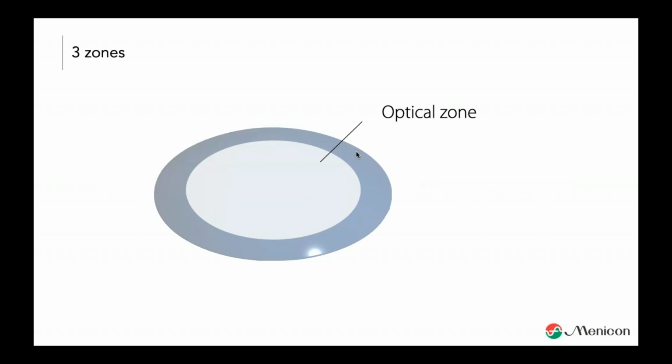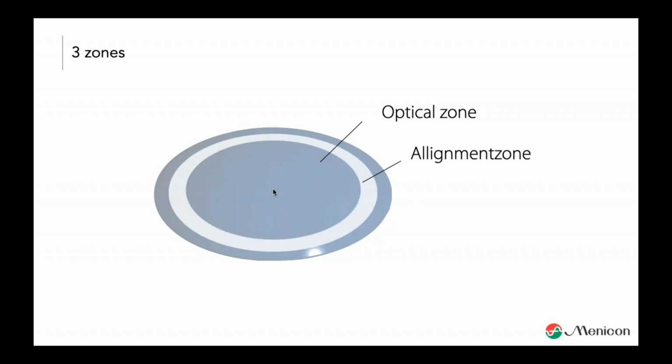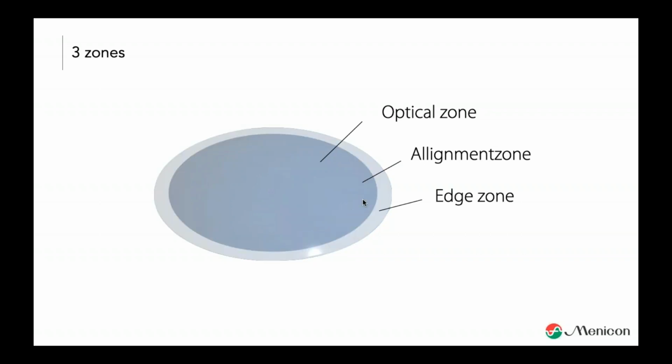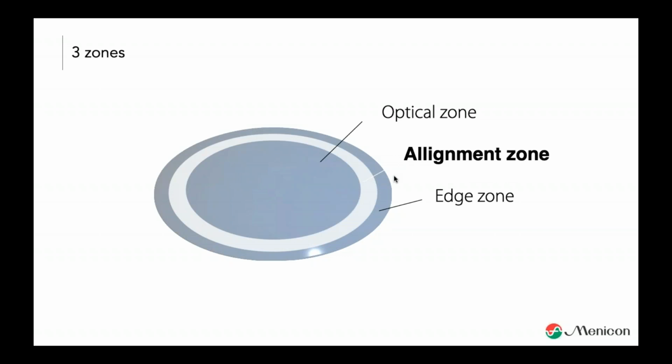So that being said, a bit more explanation of what I mean by a different approach to lens fitting, another fitting philosophy. Well, we have to look at the design of a contact lens, and if we see a normal contact lens, in the center area we have an optical zone, and then we have an alignment zone, and at the end we have an edge zone. That's in a rough vision. That's how the design of a lens looks. But the fact is that the alignment zone, in every contact lens, is the place where the lens actually hits the cornea, what we call the point of touch. This is the area that will fit on the cornea.